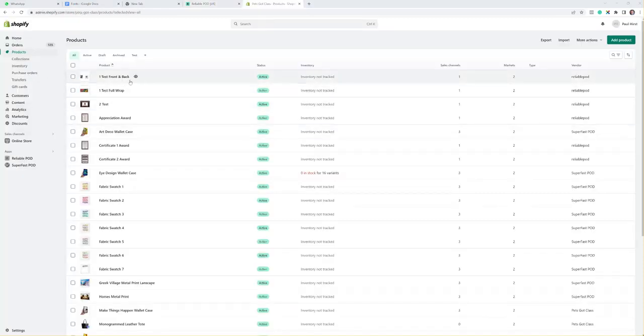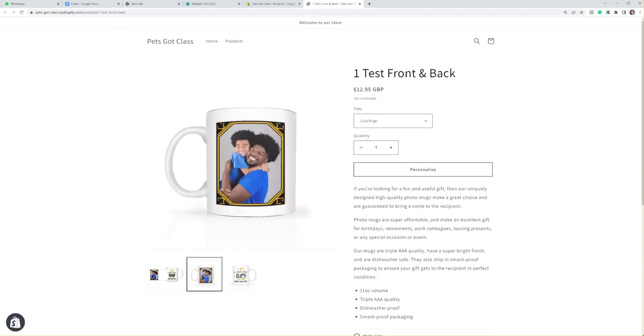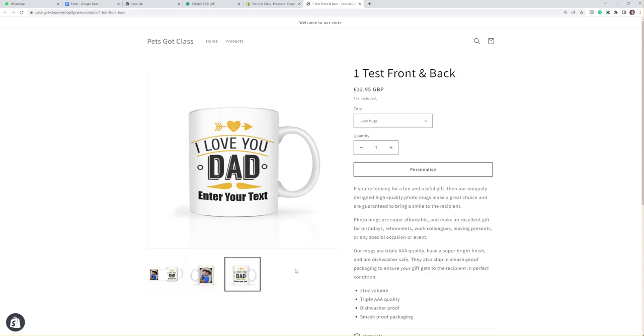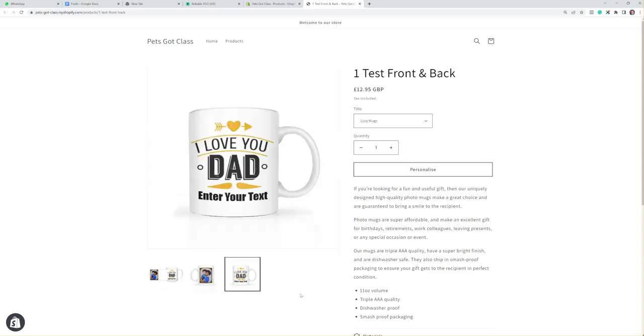So now I've uploaded those into our demo store. These are the two I've uploaded. If we click on the front and back, you can see this is how it displays. Shows you the front and back. Like I say, we are going to add some more mock-ups onto here for you, but most people with mugs have their own that they like to use. Click on Personalize,